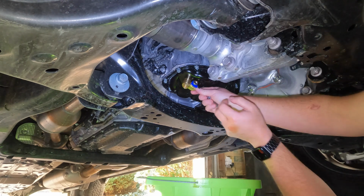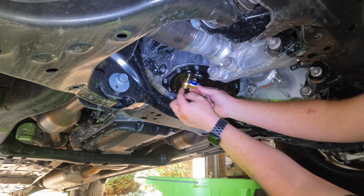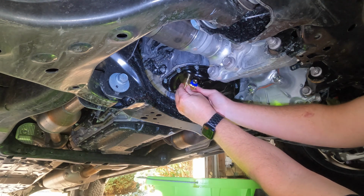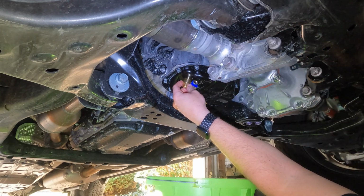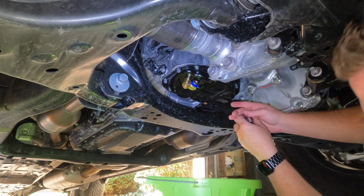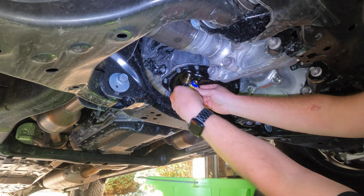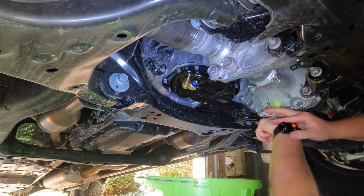So now that we have this in position where we want it, see how this will spin? If you hold the main nut, the through bolt, it'll still spin. That's the SX series. The regular Fumoto, you can't position it like this. All right, so again, I'm going to leave it just like that. Now we have it in position, so I'm just going to take my 17mm, get it over my through bolt, tighten it down,